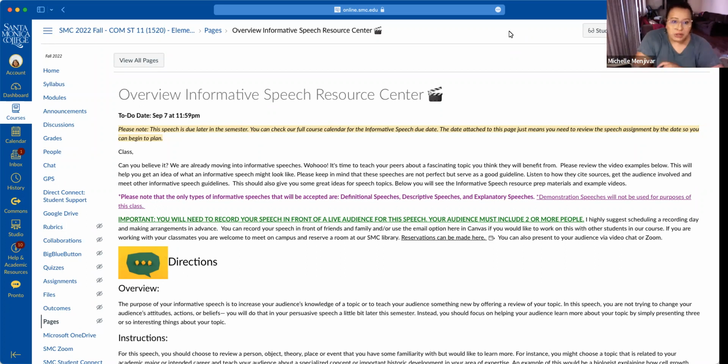In the meantime, I wanted to go over the guidelines for the informative speech, basically what I'm going to be looking for based on what Professor Shaffer's guidelines are. So for this speech, you are going to be pretending like you are a teacher, kind of like myself and other instructors that you've had in the past. You're going to be pretending to be a teacher, and you are going to be delivering a speech